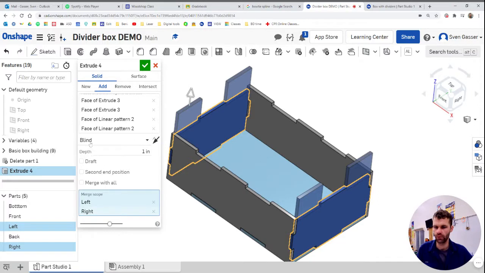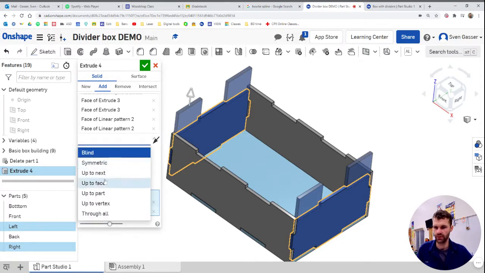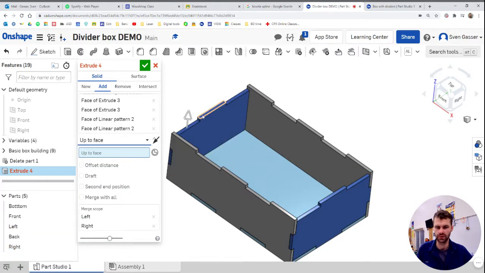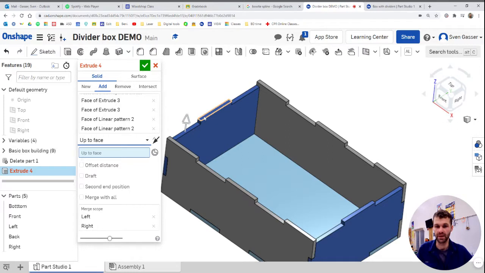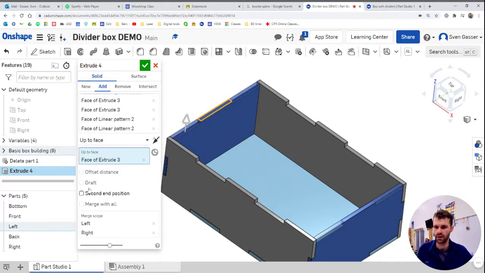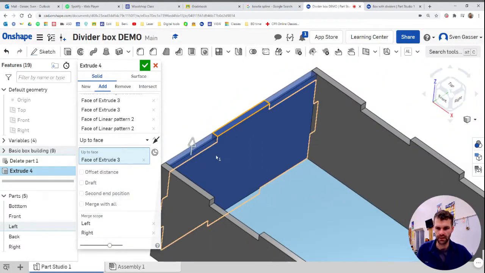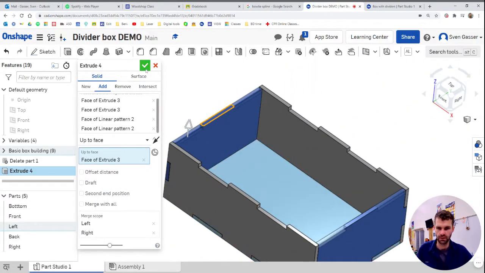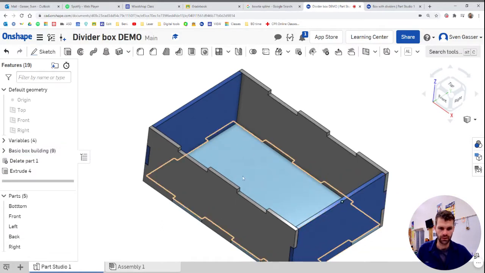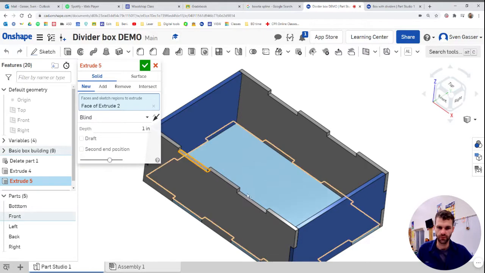And then for the depth, we're going to do this fun little thing called up to face. So we don't have to put in a direction, a measurement, a dimension. That's just going to extrude it up to this surface. And then it'll stop right there. And then that should be good for us. And look at that. The 2 end pieces are looking pretty good now. And we're going to repeat that for the